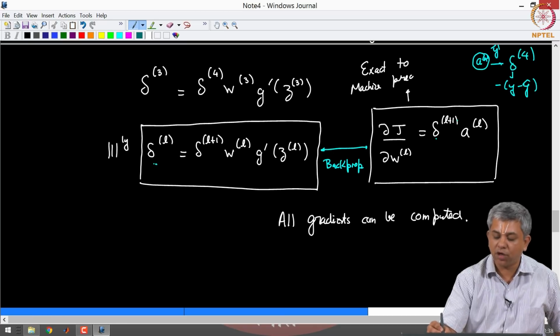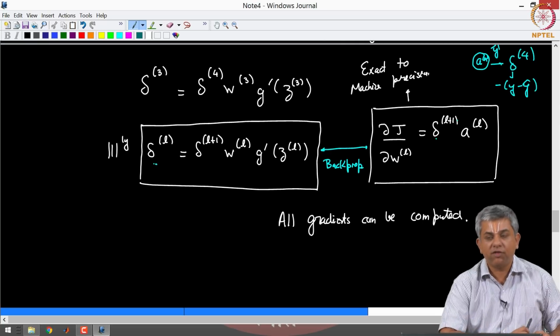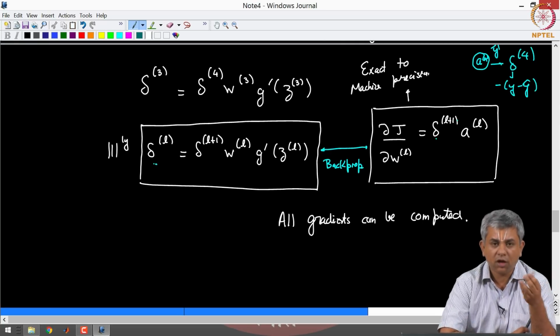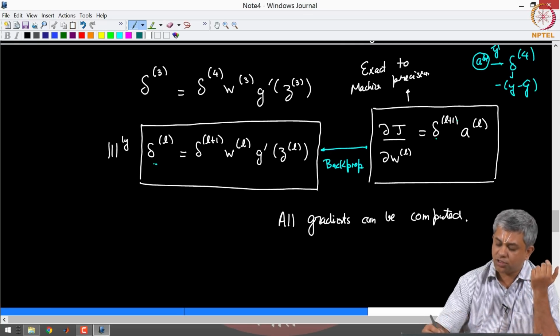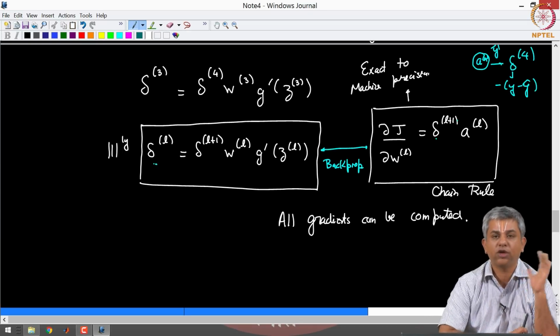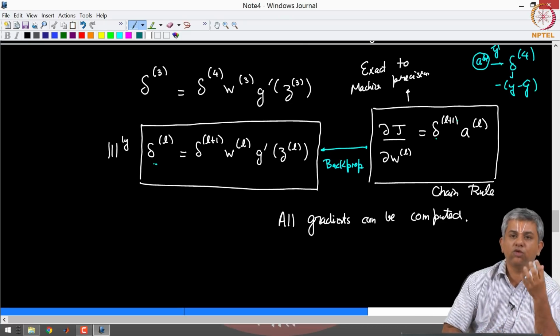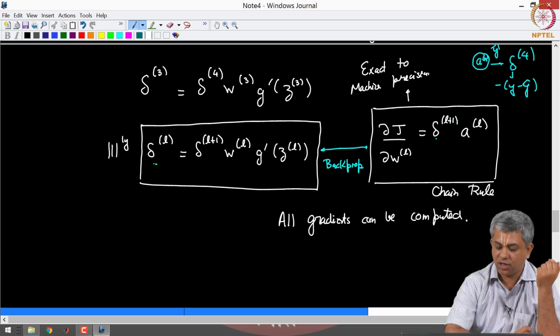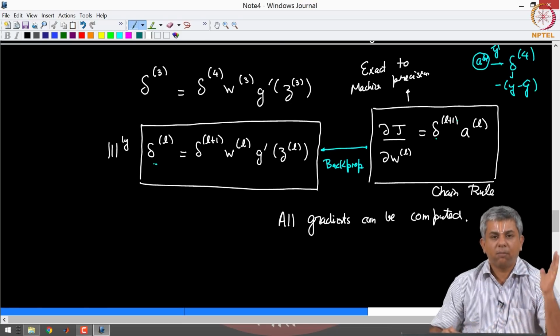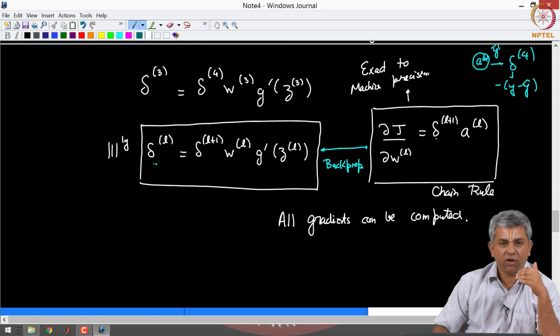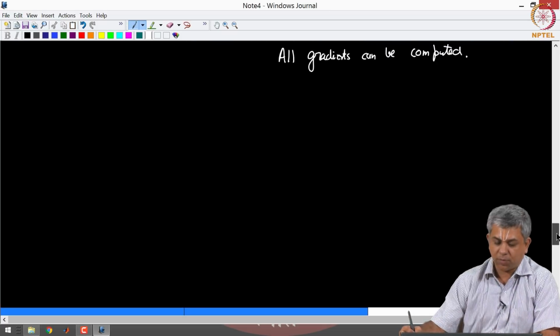Why? Because we have not used any approximation anywhere, we have only used a simple chain rule. So, this is simply the algorithmization of chain rule, we have not used any approximation here. The only approximation which will come is due to machine round off errors, which we had seen earlier. This is the back prop algorithm in case of a scalar expression.